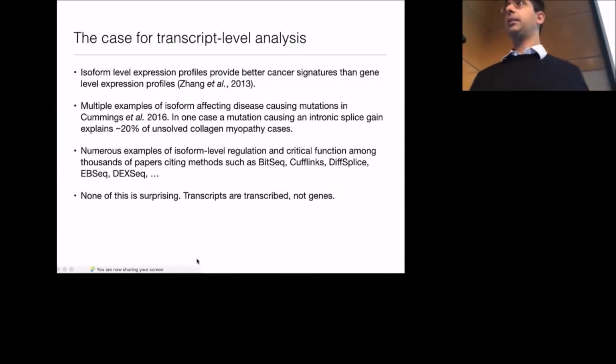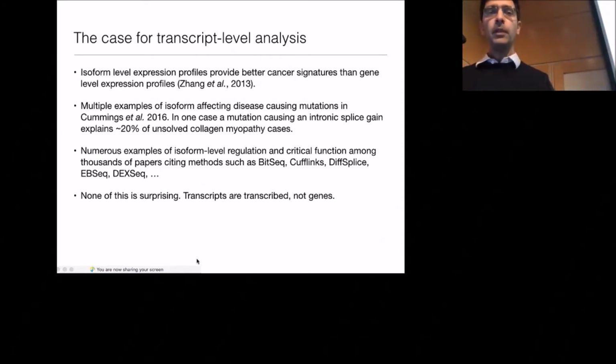I think that we were somewhat vindicated in our philosophy over the years. There have been a number of papers showing that splicing is really important in disease. It's useful diagnostically as a biomarker. It's a bit ridiculous to have a summary slide. There have been a ton of papers with really interesting stories about splicing, about isoform dynamics in various systems. And I think it's fair to say that transcript level biology with RNA-seq has been a thing and it's useful. But,